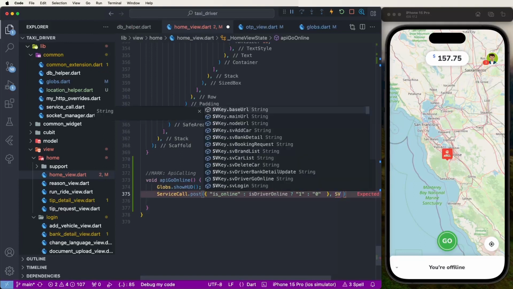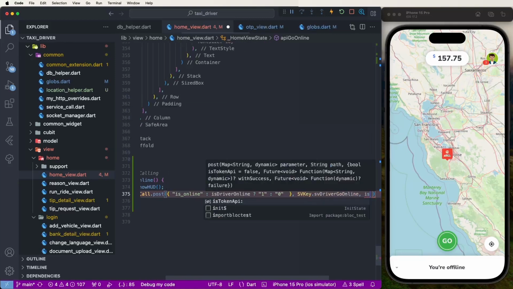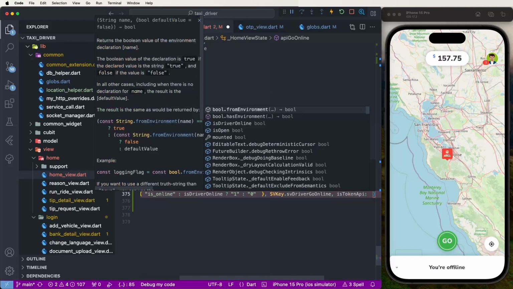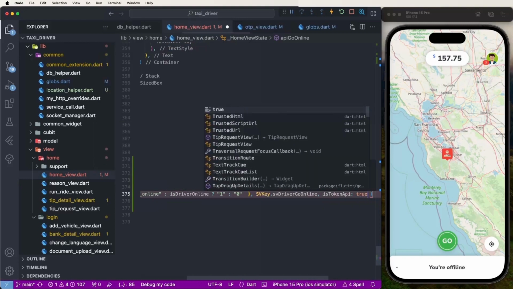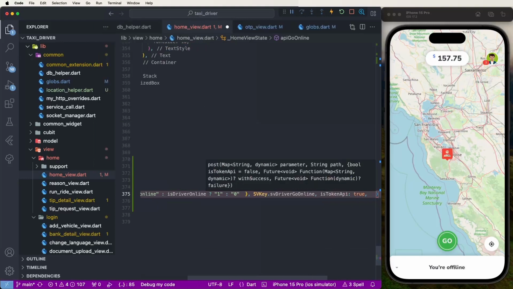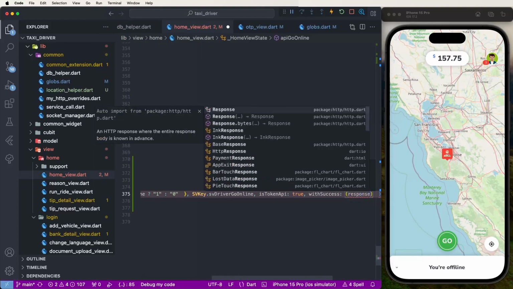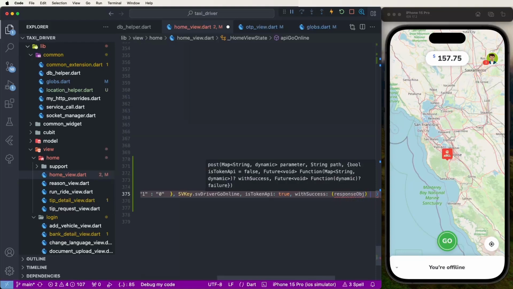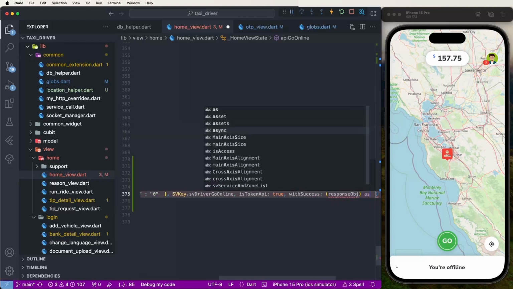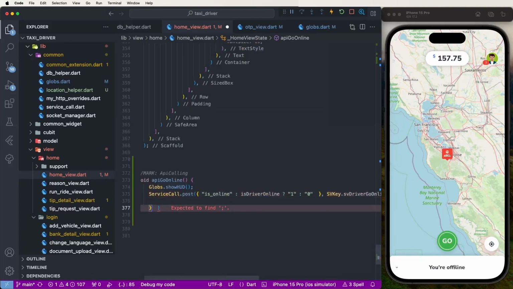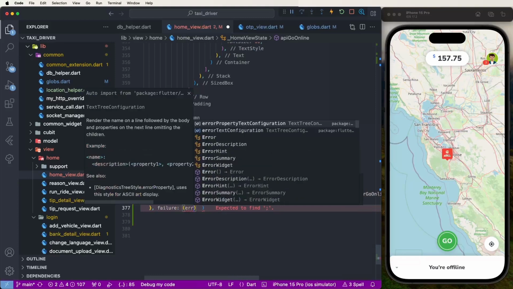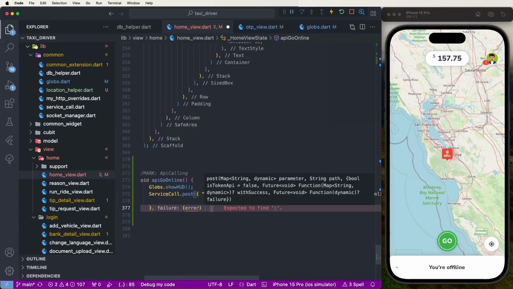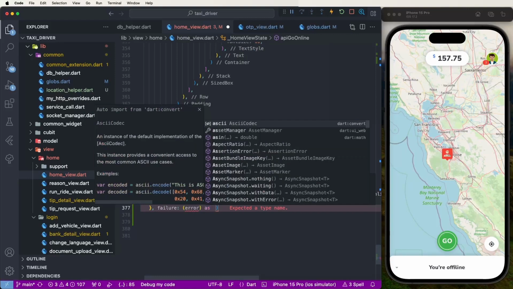Now we need to pass the SV key path for the driver go online. We need to give this here, and also we need the is API token check, so set true. And then after we need to check the response success response. We need to get the response object, and use asynchronous methods. And now this is calling the failure block and to return any errors for the API calling, and to call the async methods